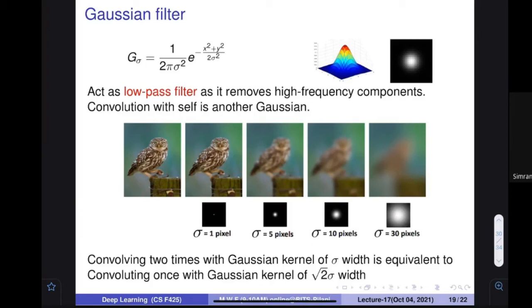What is this? What is the difference between these things? With 30 by 30, what can you see? Nothing? Hold on, you can see something, but you are telling nothing. Can you tell me what you can see? Look carefully. Forget about the colors. We can see some object is there. I'm not able to recognize whether it's an owl or not. Definitely it's not an owl.